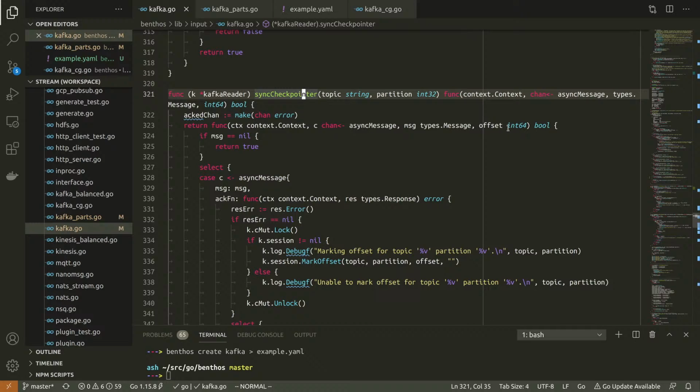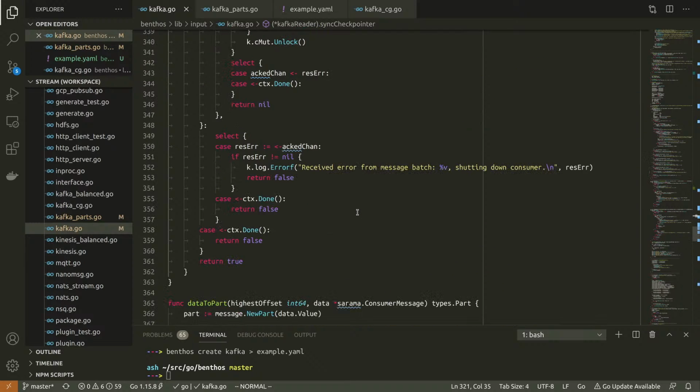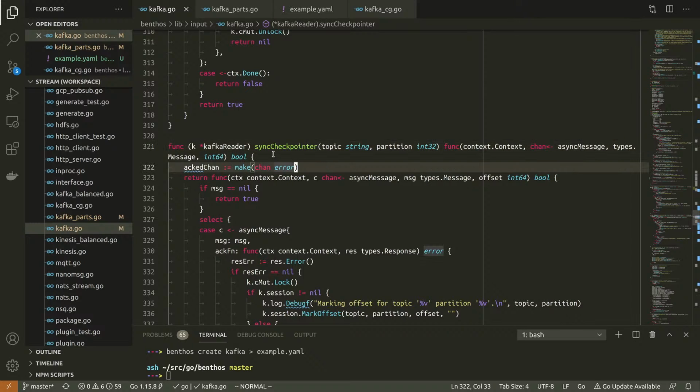But the checkpointer is responsible for this: if a user specifies the field checkpoint limit, if you increase that, then the amount that you've set it to becomes the maximum number of message batches, the maximum number of messages of a partition that you can process in parallel. You basically lose the ordered processing part of it, and it makes pipelines a little bit more efficient. Now, the way that works is it pushes n messages, however many you've set as your limit, down the pipeline and allows them to all be acknowledged asynchronously.